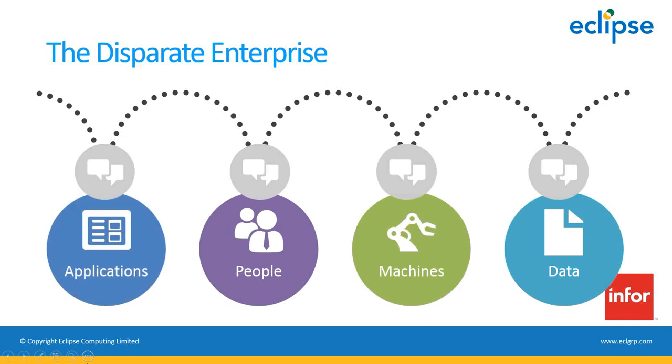So we have applications, we have people, potentially we may have machines, and we have lots and lots of data, whether that's data in reports, whether that's data in business documents we talked about before, things like sales orders, purchase orders, invoices. And all of those things are not necessarily captured,